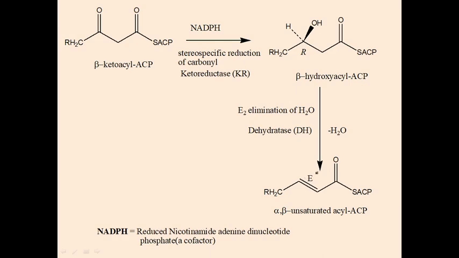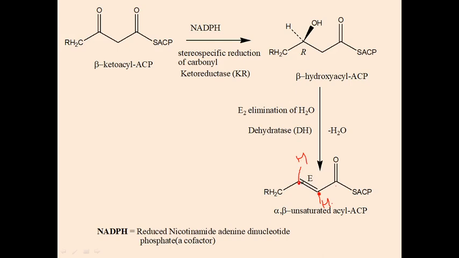Let me explain how this is E configuration. Here is a hidden hydrogen, let me draw that hidden hydrogen, and here is also one hidden hydrogen. To know whether it is E or Z configuration, we must first decide which two carbon atoms have the double bond. One carbon is this and another carbon is this. Next we must decide what substituents are there on each carbon atom. On this carbon there is one substituent and another substituent, and on this carbon this is one substituent and this is another substituent. Now we must give priority to these substituents.